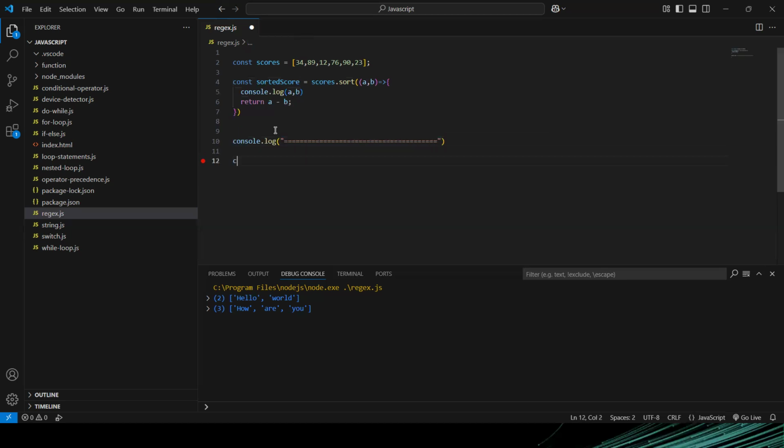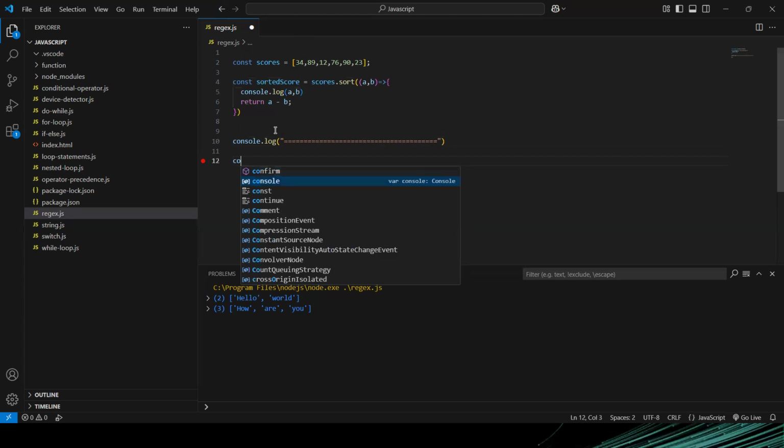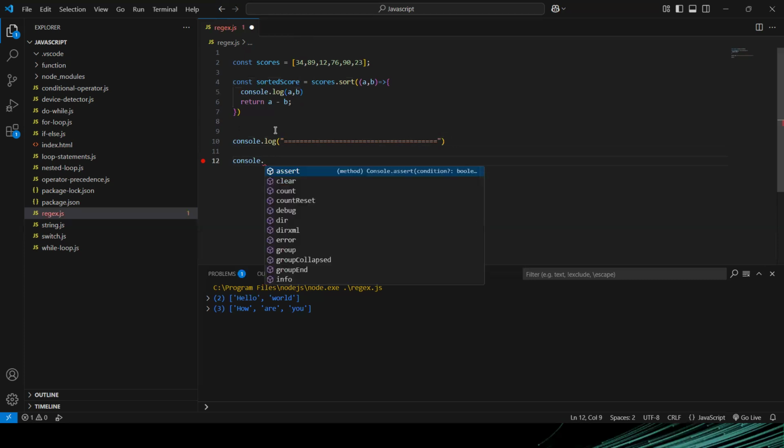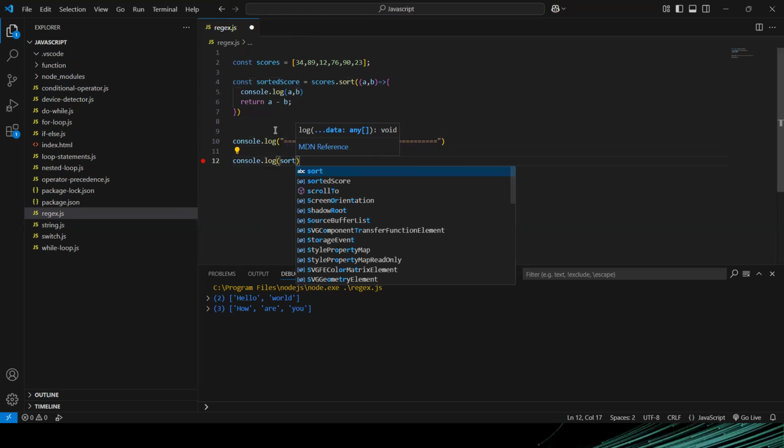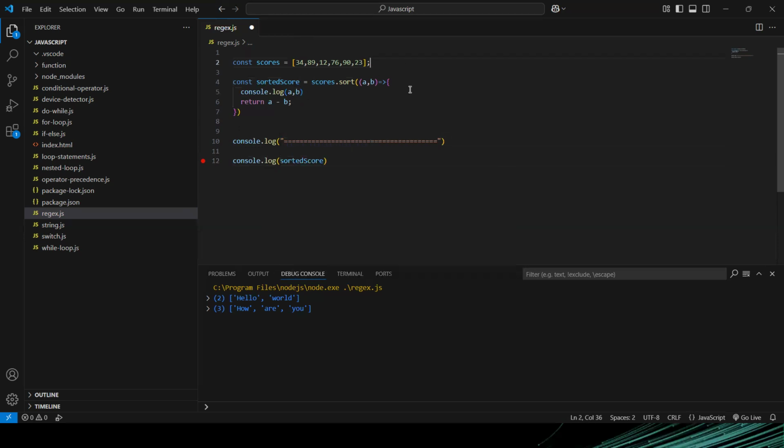Then I will console.log the sorted score. What I want to show you is that for every iteration, we are going to have this consoled. All right. So when I run this now,